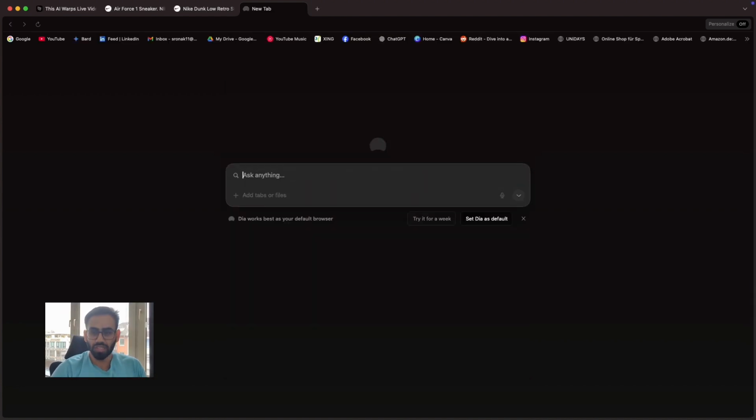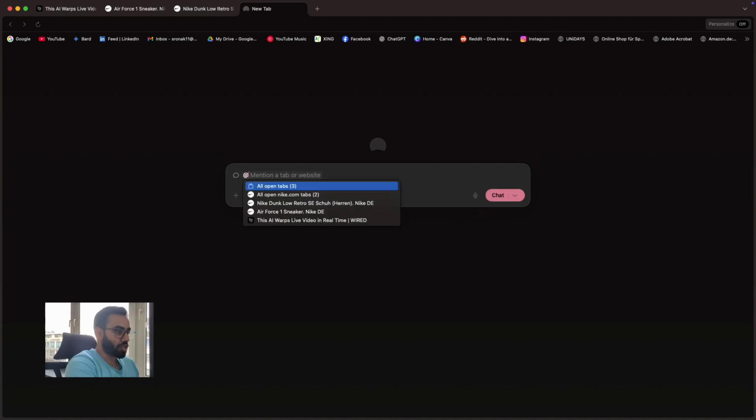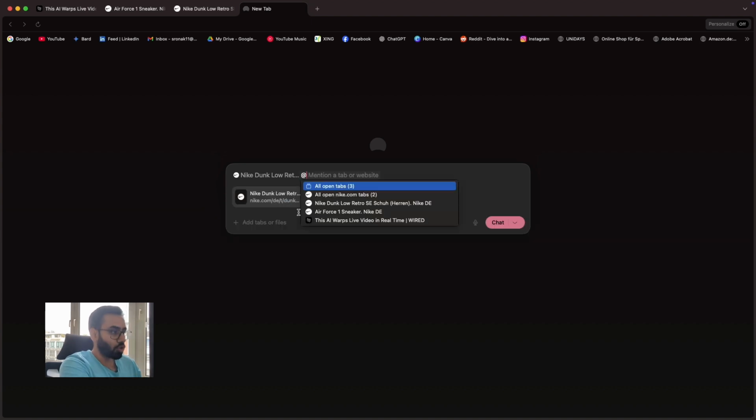Another interesting use case I thought of are shopping comparisons. So on screen, you can see that you have multiple tabs open, and then you have another chat tab. You can just press on add, and it will pick up information about all the tabs that you have. I have taken two examples. I have Air Force One sneaker from Nike in one tab, and then the Dunk Low Retro in another tab. I can just click on both those tabs and then ask the chat or ask the model itself to tell me